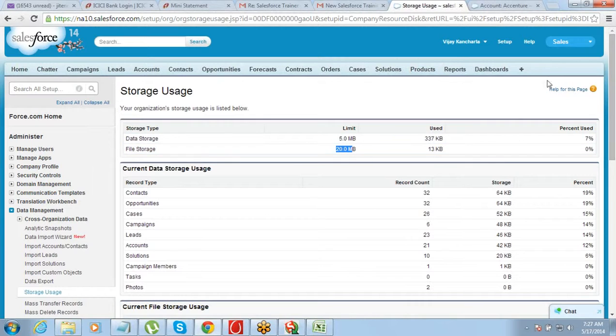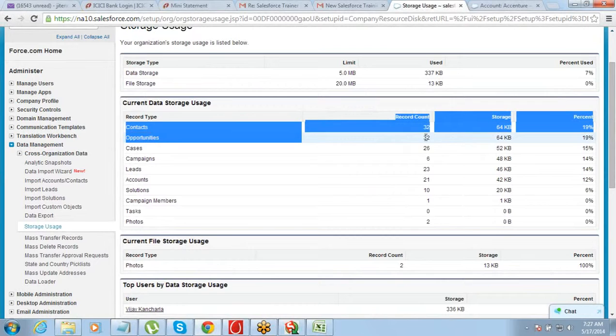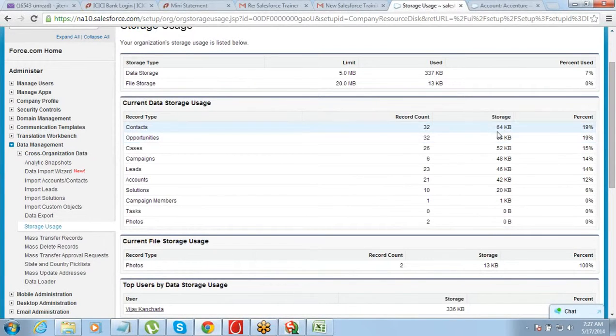File storage space basically is the space where you can upload and save your files. Then we have the count of all the records. So how much storage has been taken by which table, how much data you have, and it gives you the count as well. It gives you the space as well as the count. So which of your tables is occupying maximum space, you can understand it from here, right?